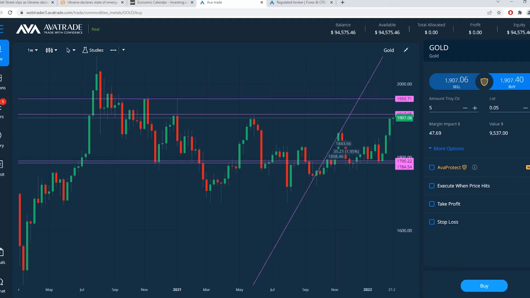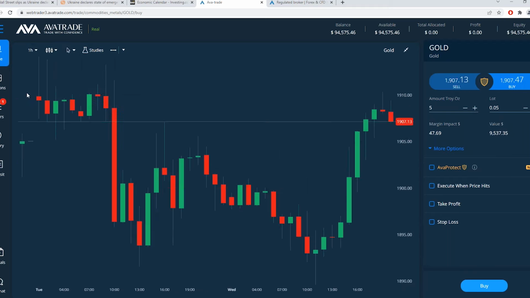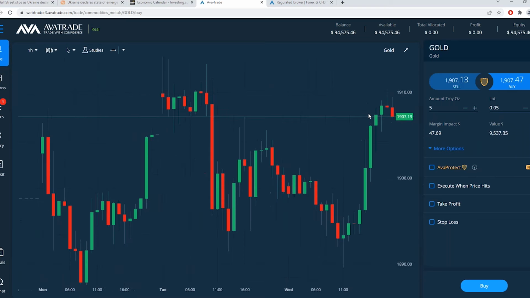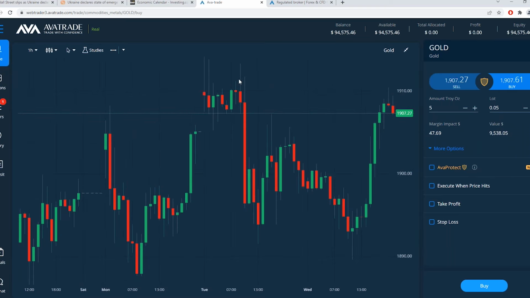So let's get off the 1-week candles and look at, say, 1-hour candles. And we see that resistance up here. Resistance, resistance, down it comes. And now it's testing the resistance. It hasn't gotten to the resistance level up here yet, okay, at 1915. So that's a strong run up on the 1-hour candles. It's in the midst of a bit of a pullback. That's a bullish movement. It's a strong bullish movement on gold.